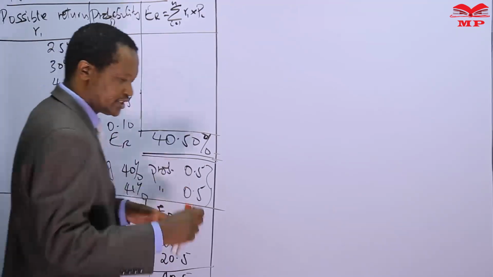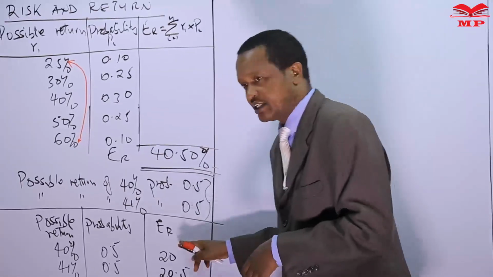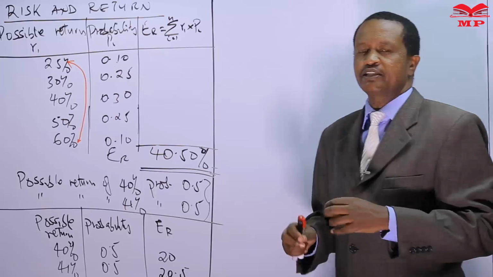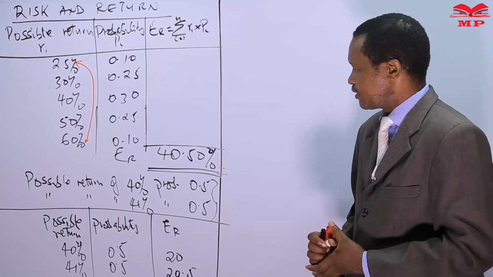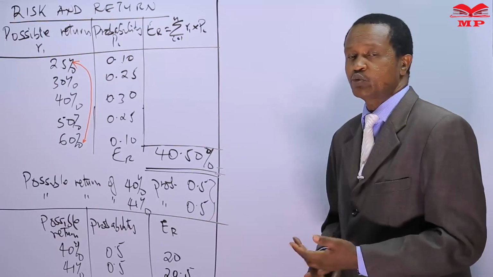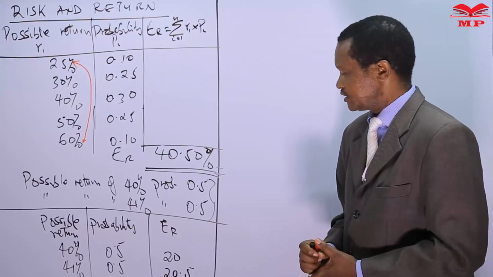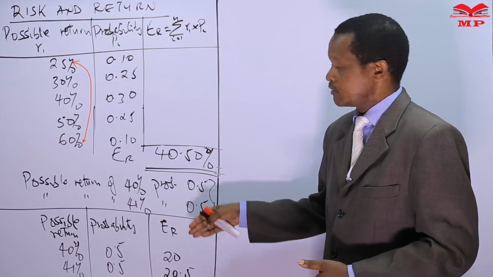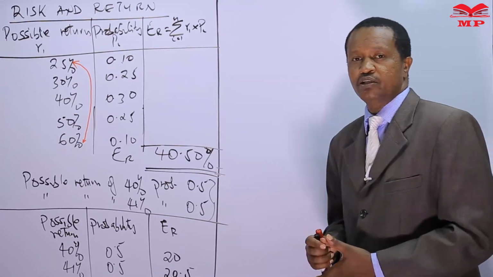We have to measure the risk associated with the expected return in order to have a proper description of the investment, so that the investment can be described clearly for one to make a decision as to whether to invest or not to invest. So other than measuring the expected return, the risk associated with that expected return has to be determined,